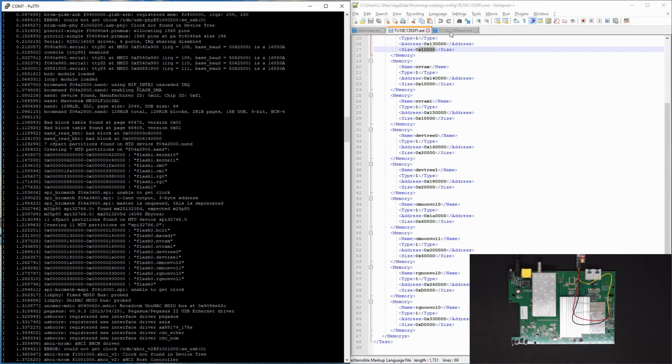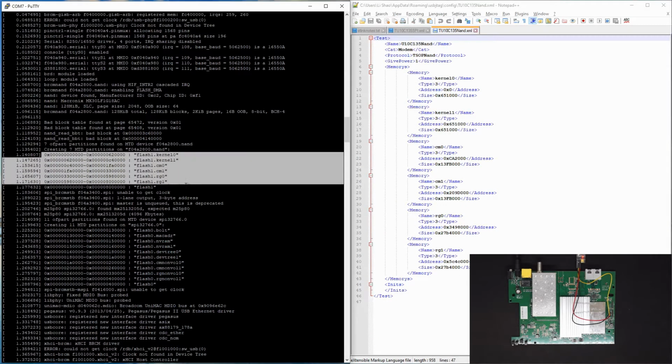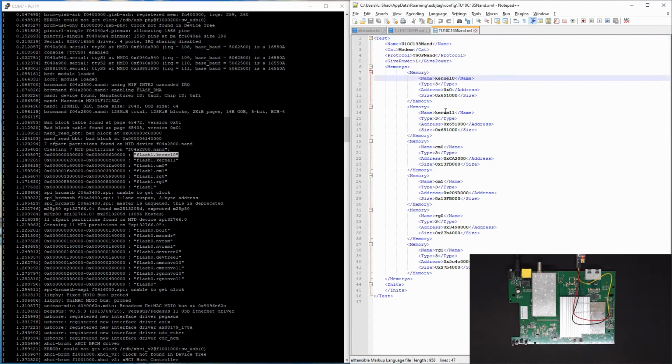Now I have also created a NAND definition based on the information here. You see we have kernel 0, kernel 1, CM0, CM1, and RG0, RG1. However, you will see the address is slightly off. Here, instead of 62000, I'm using 65100, because the definition here is